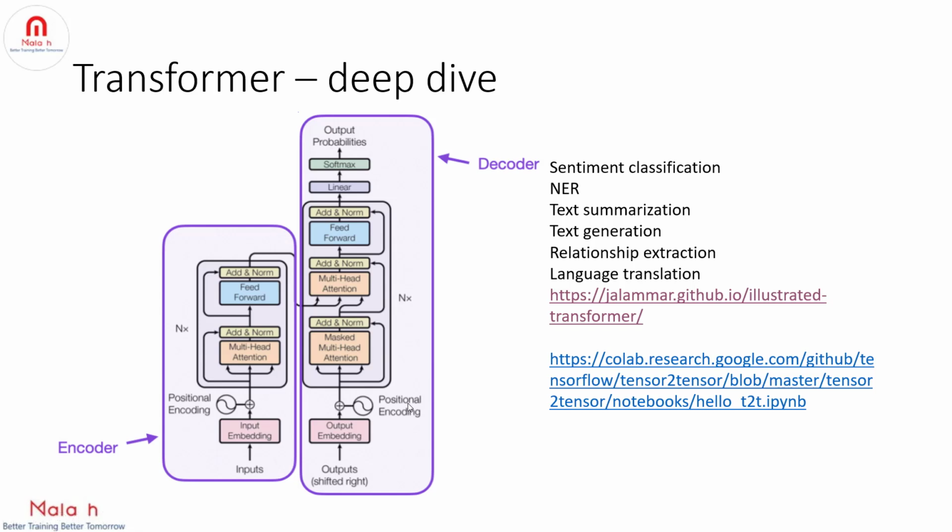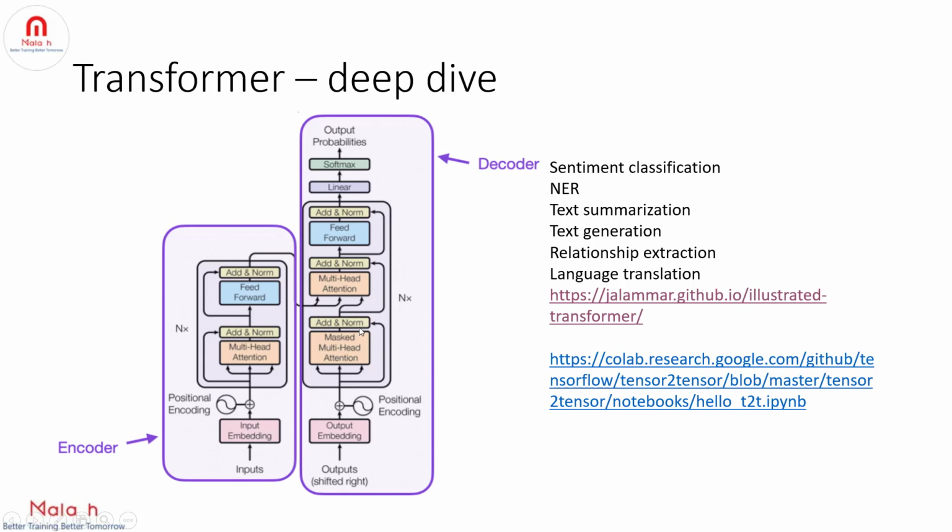Then we will get embeddings with the positional encoding for the starting sequence only, and then we will apply masked self-attention. So this is the only difference when compared to encoder. In encoder we have self-attention, here it is masked self-attention, right? But the rest of the steps are the same between both encoder and decoder. And we will use key vector K, value vector V from the encoder model, and we will use the query vector from the decoder masked self-attention, right? So the decoder only works with the target, that is English, right?